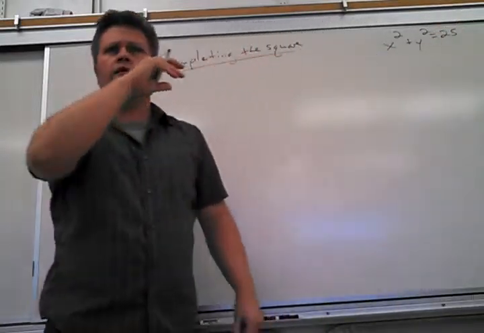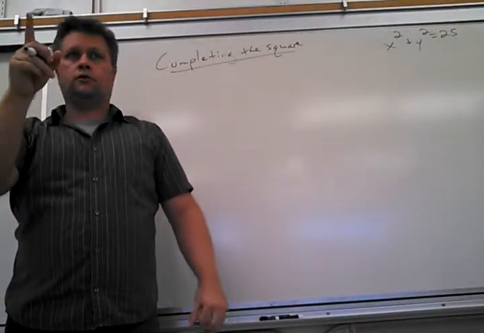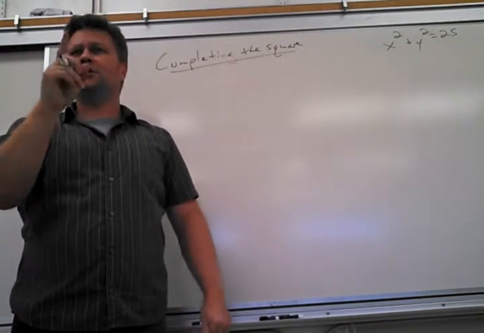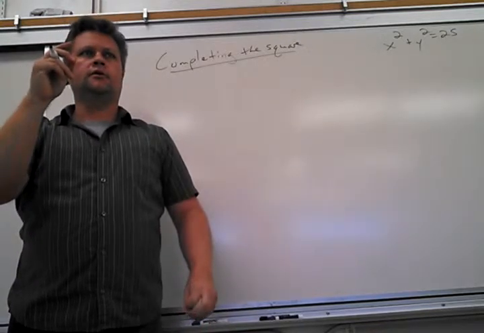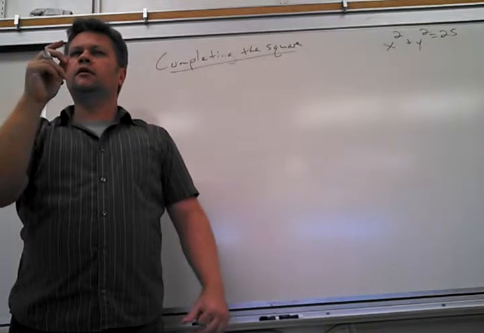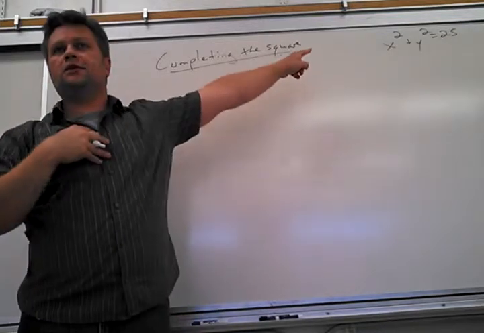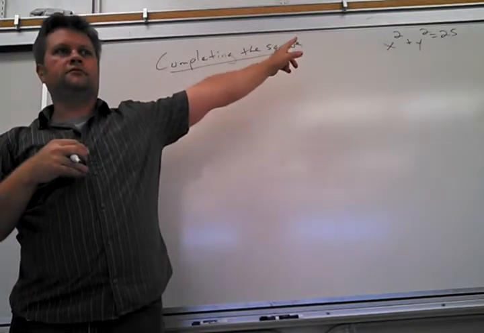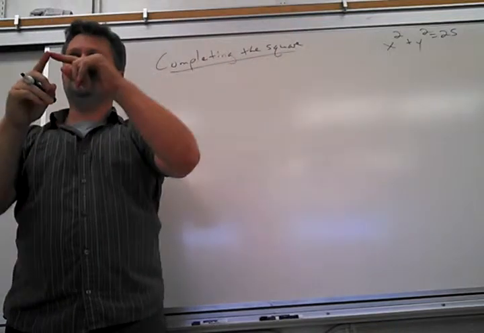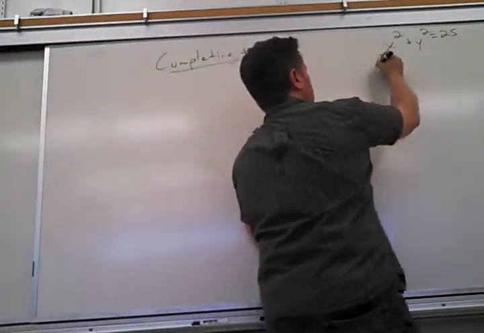That would be the equation of a circle. What would its center be? X minus h, y minus k. So what would its center be? 0, 0. Its radius would be 5. Its center would be at 0, 0. So if I do this,